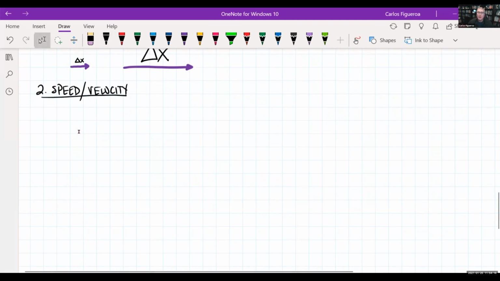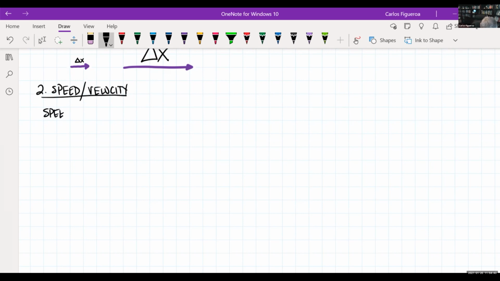Again, you know everything about speed and velocity. I don't have to tell you this. My job is to do what? Get it into the concepts of physics, right? That's my job. I want to get it into the concepts of physics. So here I go. The first thing that I want to do here is that it turns out that